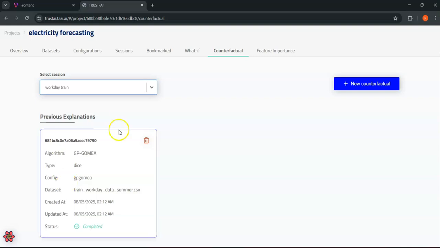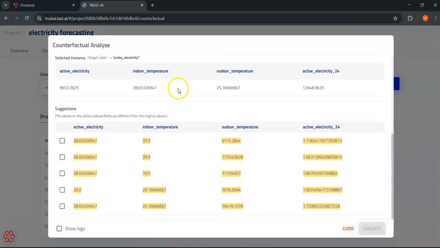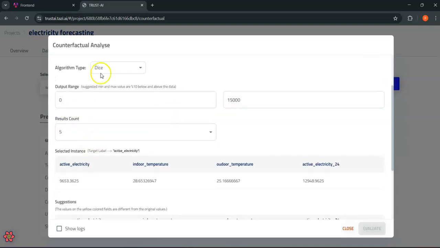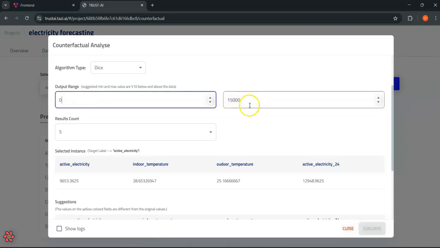Like we see over here, this is a counterfactual which I have generated with this training session, and once we click on this, we get to see the expression used for generating this counterfactual, the algorithm used, the output range which has been set.